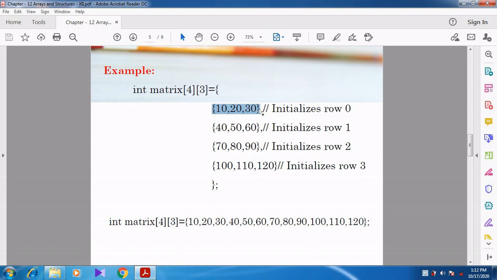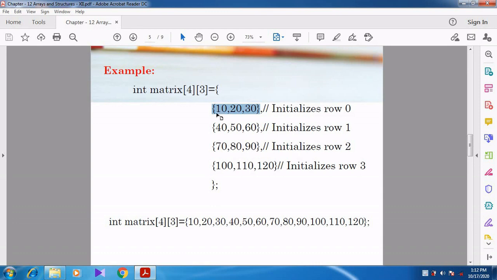Why they are giving like that: this two-dimensional array consists of 4 rows and 3 columns, so they are separating the elements into 4 rows and 3 columns.